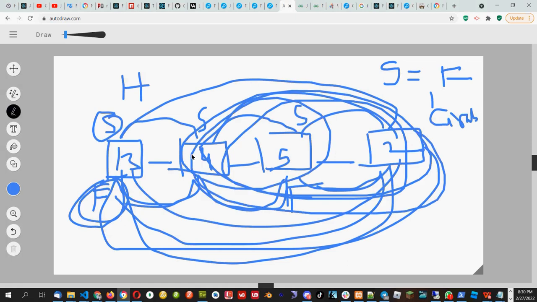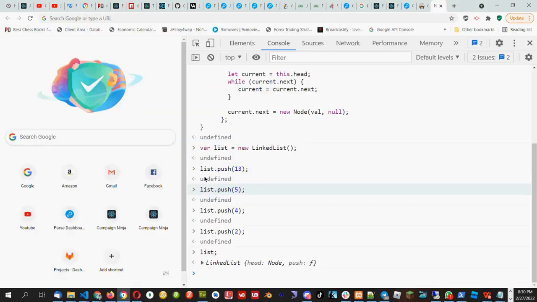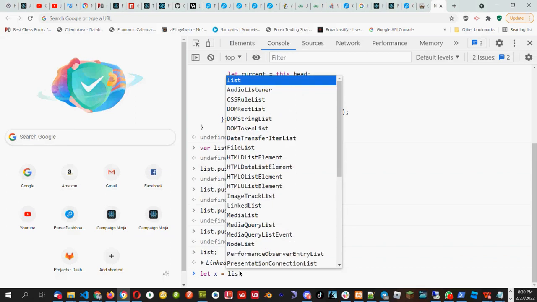Then the circle will go like this. So definitely do not think that it should only point to the first, then only it's circular. But right now 2 is pointing to null, so this is not circular. So if I call the circular function, this will give me false. But if I create another variable, for example, x equal to, one second. If I create another variable x equal to,